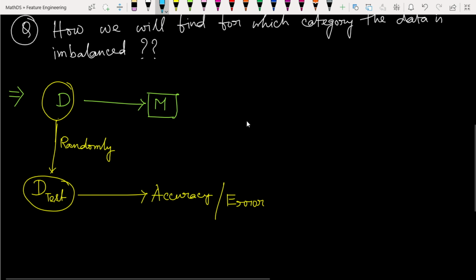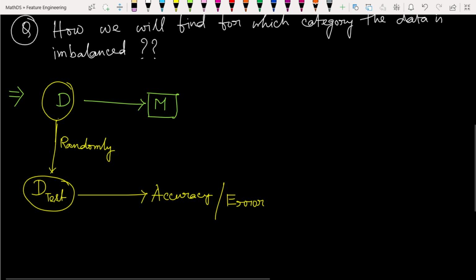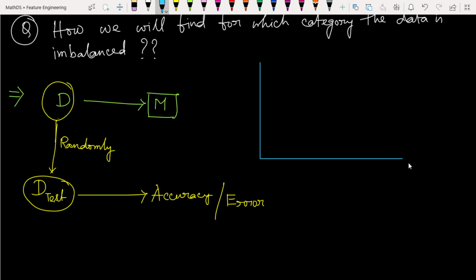If you plot the PDF of the error function, with the error on this side and the PDF of the error on this side,